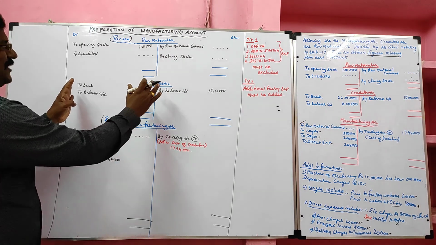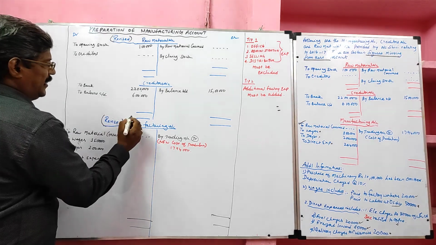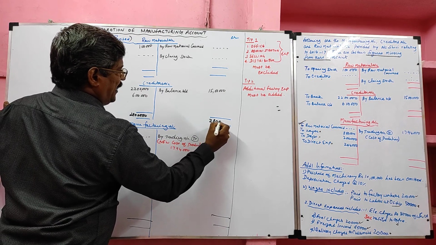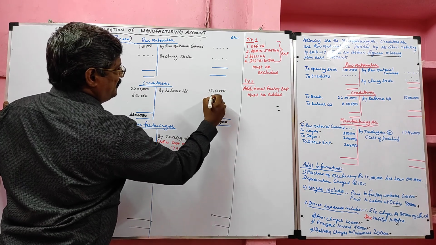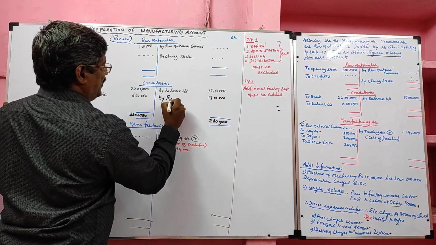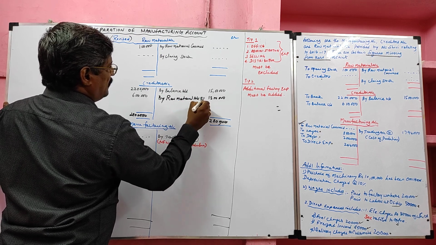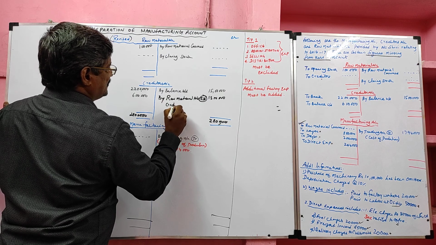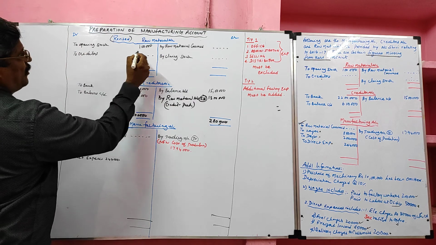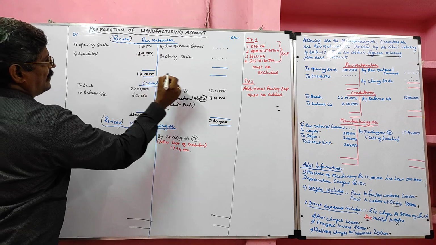First I'm going to close the creditor. By closing the creditor, we'll get the credit purchase of raw material. Here, the total of creditor is 28 lakh, from which we deduct 15 lakh, and we'll get 13 lakh. That is called the credit purchase of raw material. We can transfer this to the raw material account, value 13 lakh. So we add these two, we'll get 14 lakh.